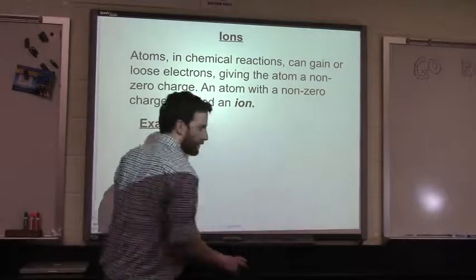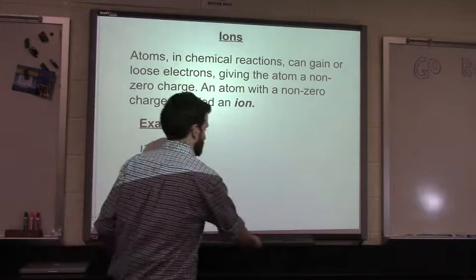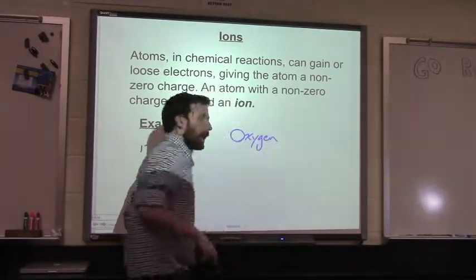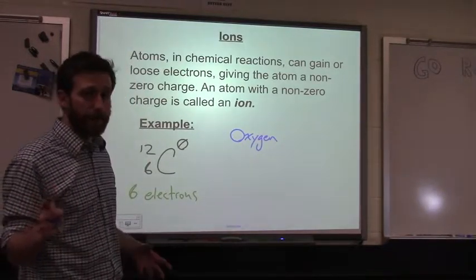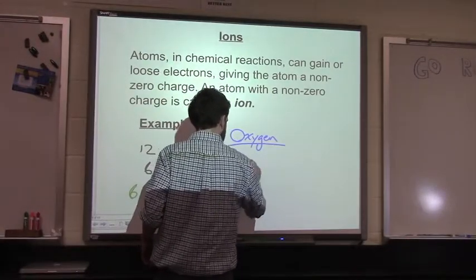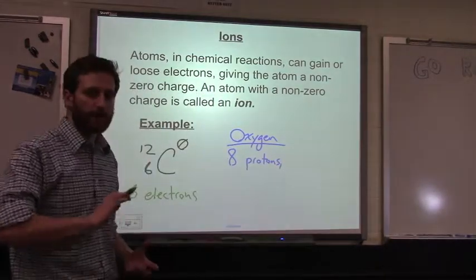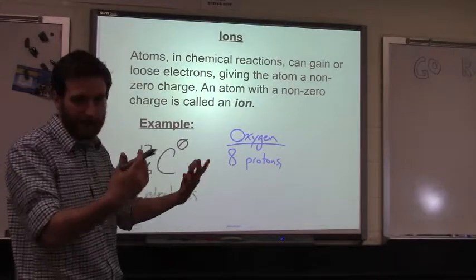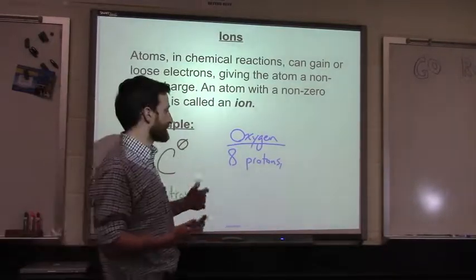But let's consider a different atom. So this time, let's consider oxygen. Oxygen has an atomic number of 8. Therefore, I know it has 8 protons. But what oxygen will often try to do is seek out 2 electrons. And so if oxygen has done this in a chemical reaction, if it has gained 2 electrons and has 10 electrons,